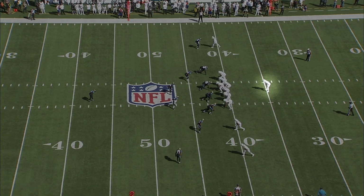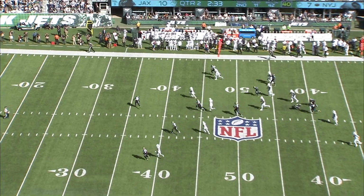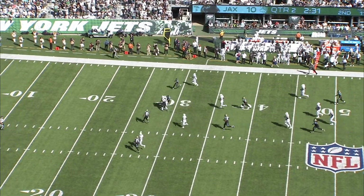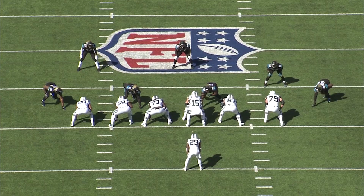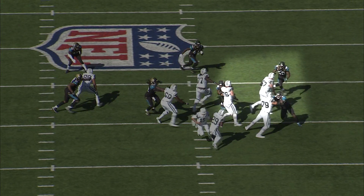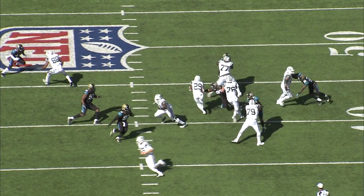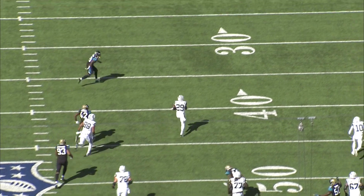This is Bilal Powell, who had a huge day, had over 100 yards in the first half of this game, and you're going to see a big chunk play here. This is inside zone read, right, Bernie? Inside zone read. Look at him press in the hole. Even though it looks terrible to the right over the right tackle, he stays in the hole, allowing time for the rest of the line to catch up, get on their blocks here, finds the cutback lane, and hits it